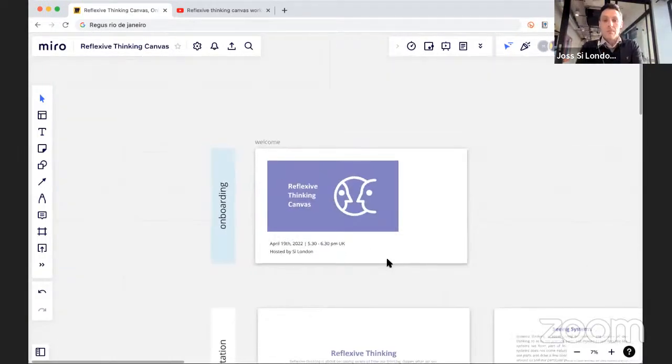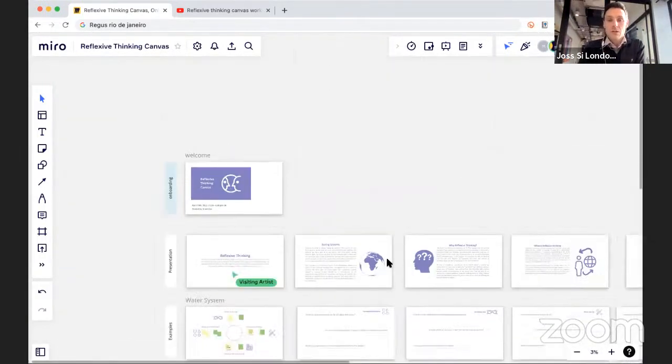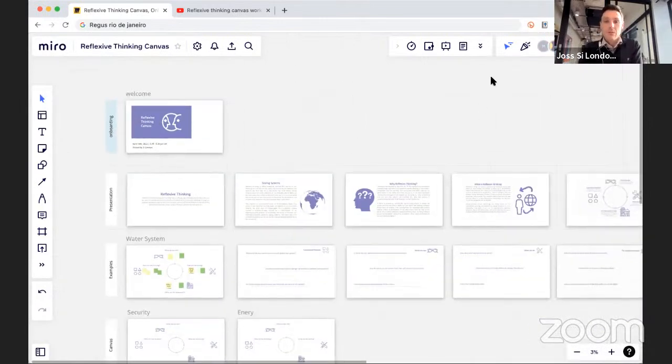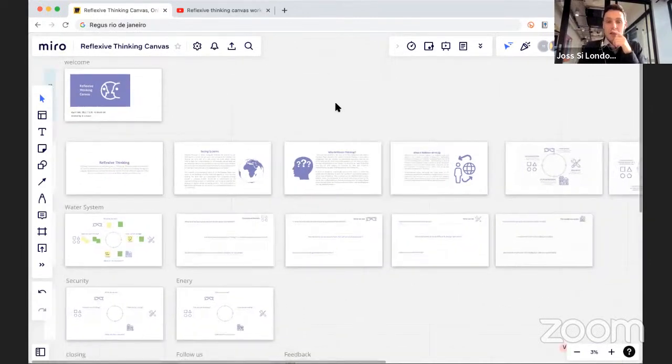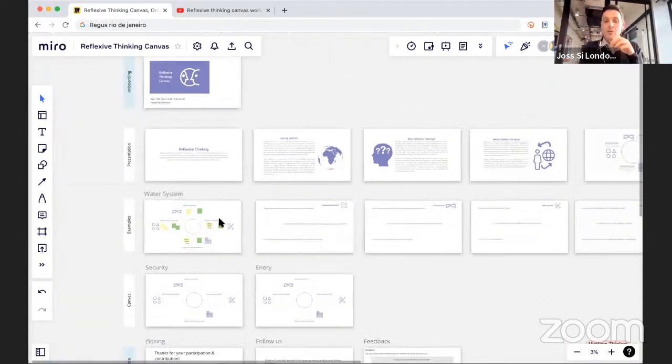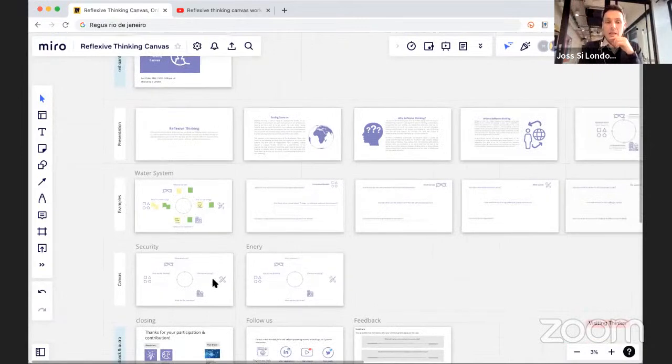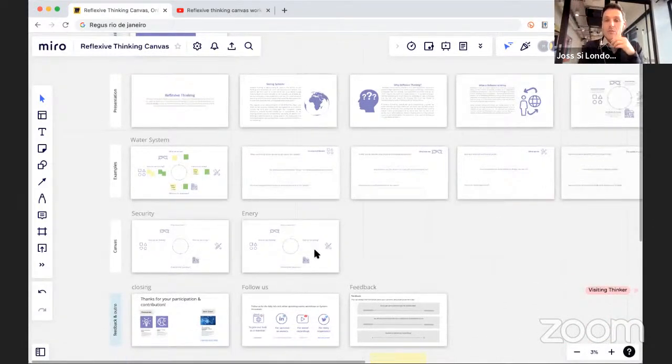So here we are. This is what we'll be covering today. We're going to be looking at that canvas. We'll share the links with you for the canvas and the guides as we get towards the end. But first, I'm going to give a presentation as to what we're talking about when we talk about reflexive thinking. And then we're going to give examples of how to use this canvas. And then down here, we'll actually have you join us and participate in working with the canvas so that you get